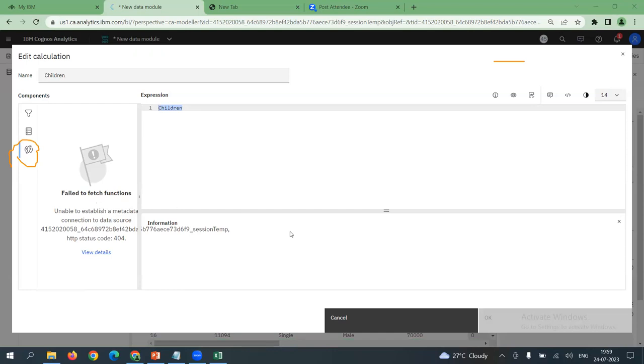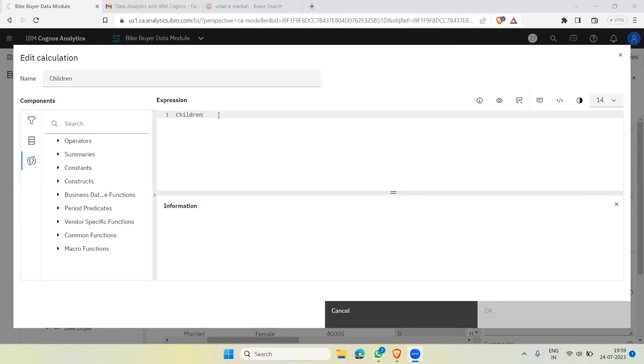I'm not getting it. Zoebji, can you share your screen, sir? I'll be using your screen from here on. To save our time, please share your screen, Zoebji. Thank you. Correct. All participants, I hope, can also see Zoebji's screen. So when a participant clicked on function, he got a list of functions, operators, summaries, constants, everything is there.